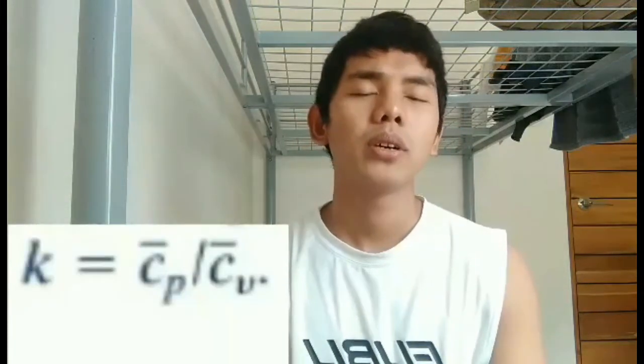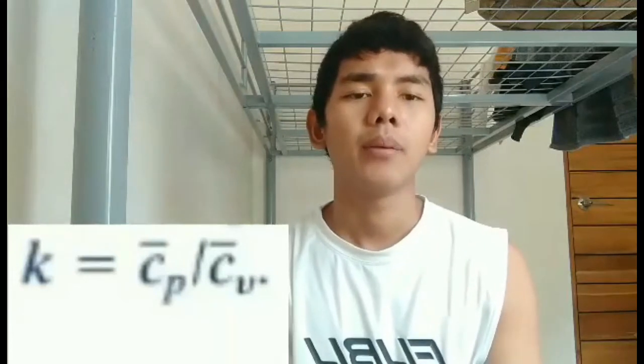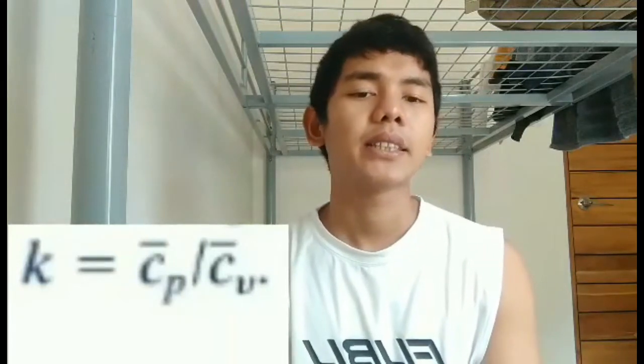So that is the mixture specific heat. Cp and Cv are the mole fraction averages of the respective component specific heats. The specific heat ratio for the mixture is k equal to C sub P divided by C sub V. So for the evaluation of